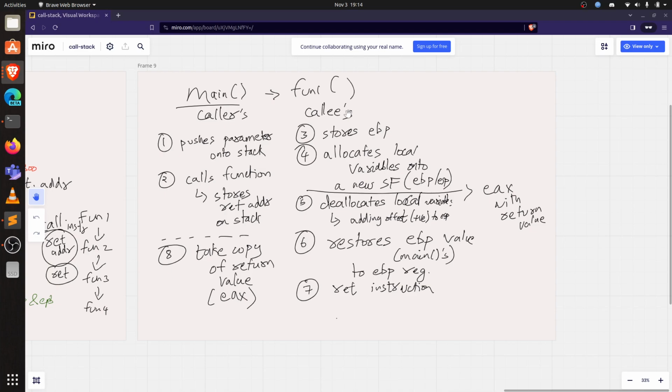So one specific register which we missed, but it's a very important register in x86, is known as the RIP or the EIP register. So it's the instruction pointer register. And